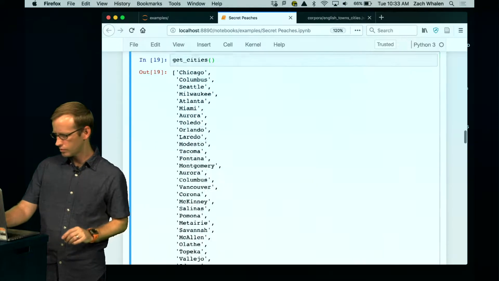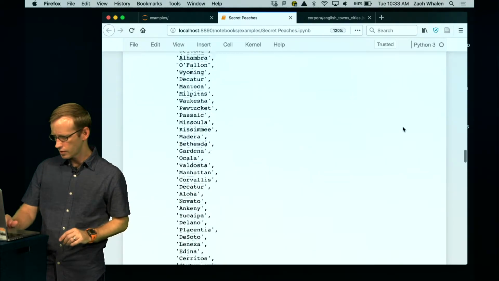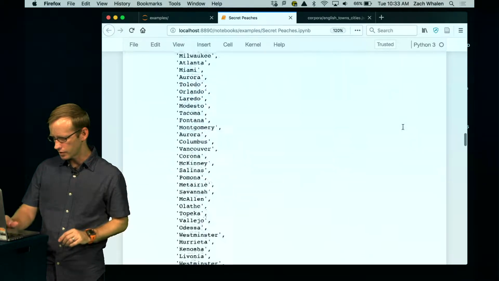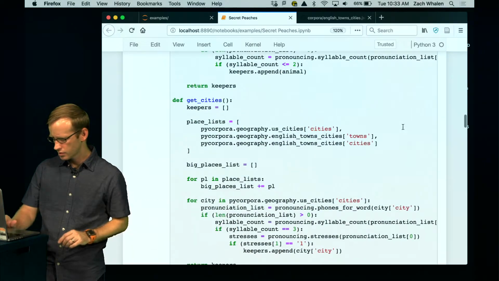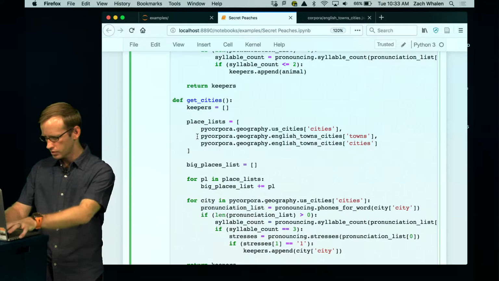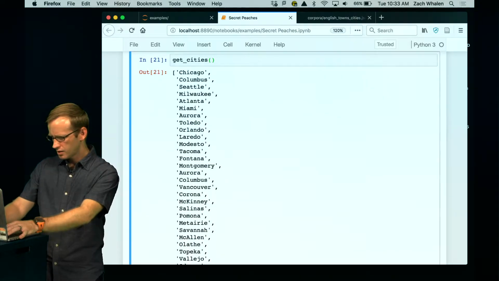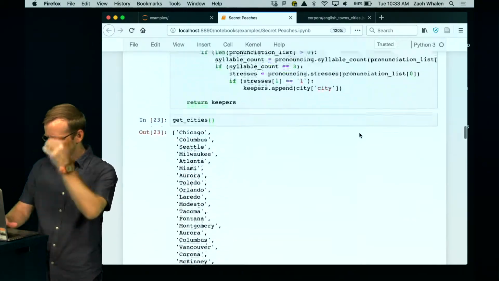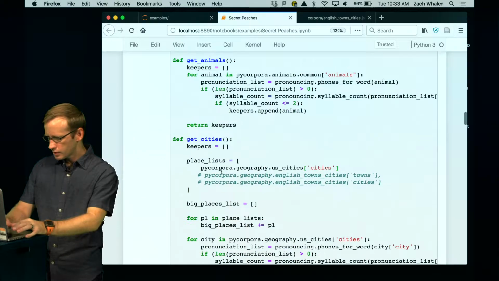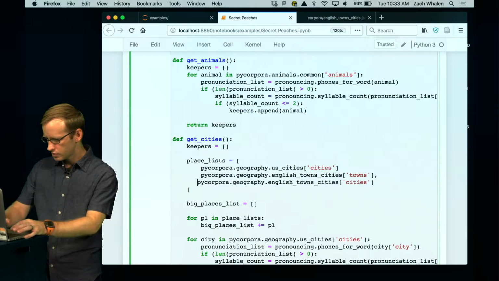Okay, so that did not actually add anything, did it? Or did it? I can't tell if it did. Let me see. I see an error in my code, so I'm expecting this to fail, but yeah, that's the same. Yeah, so the reason that it did not actually add any English cities or towns is